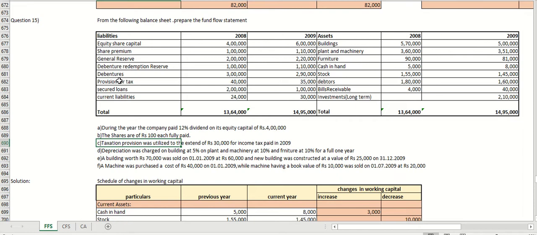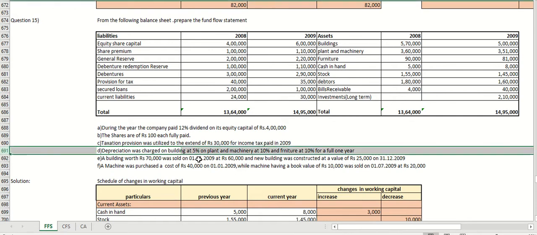You have provision for taxation here, which is 40,000 in the year 2008 and 35,000 in the year 2009. Since we have an adjustment telling income tax paid and we have the provision for taxation in the balance sheet, we will consider provision for taxation as a non-current liability and we will prepare a ledger account. Point 4: depreciation was charged on building at 5%,